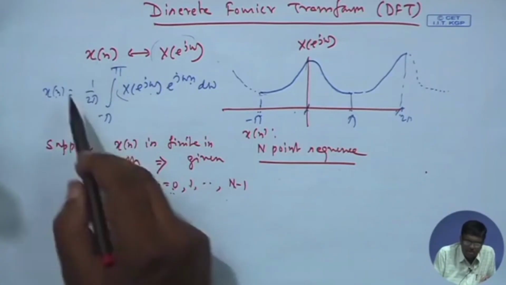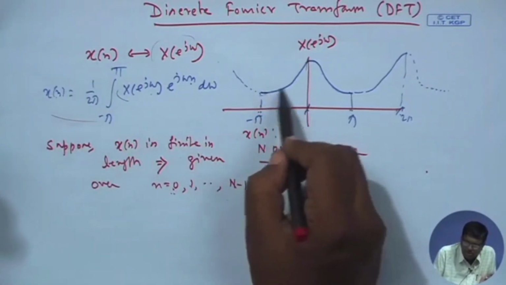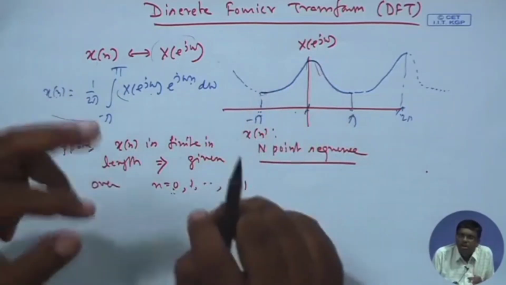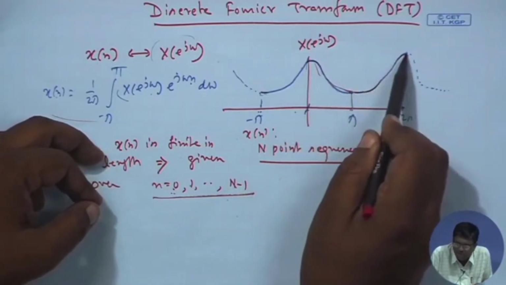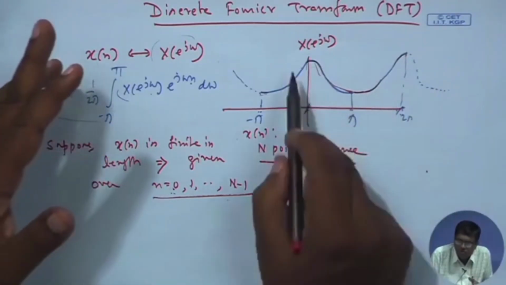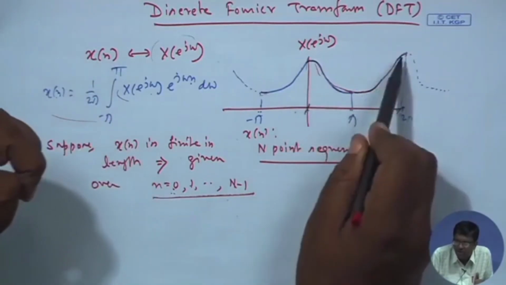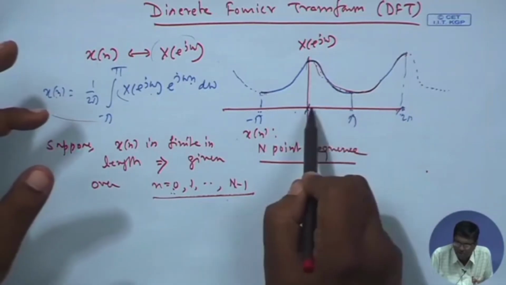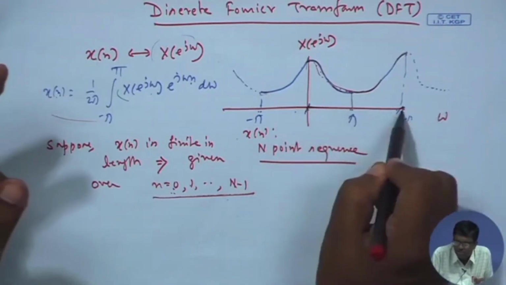To get that back, we should have this inverse DTFT, right. So, the entire waveform of DTFT is required apparently. But now I make a claim that if this is given, I will not require this entire waveform. Just some samples of this will be enough, not all the entire waveform. In order to store the entire waveform, I need infinite memory, because how many values? From here to here, if you go continuously, infinite values of omega from this range